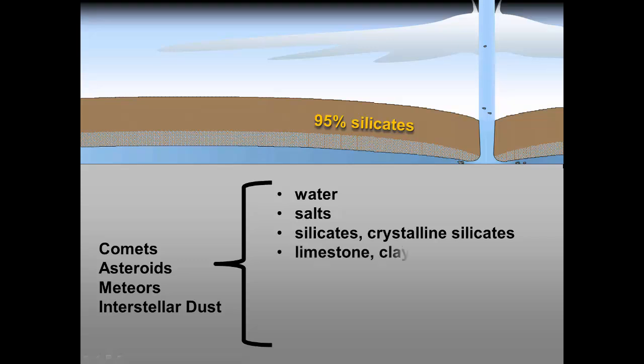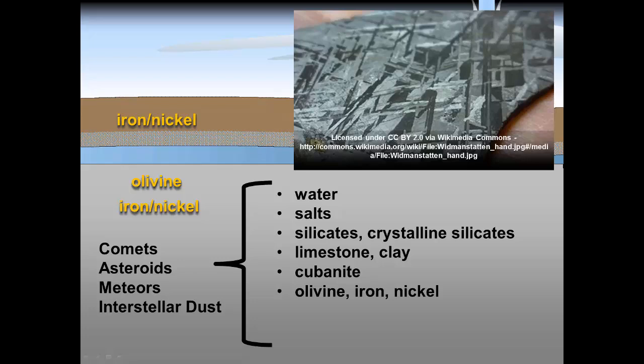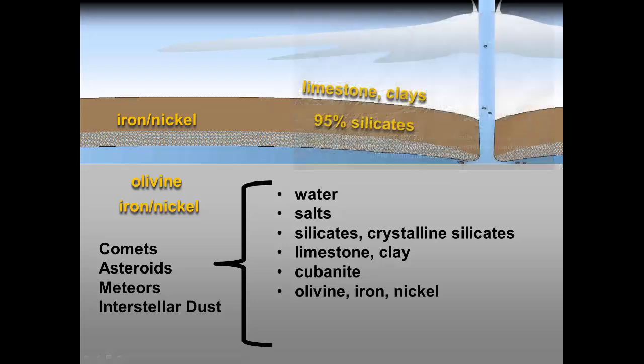Limestone and clays are found which require a body of liquid water to form. In 2011, the mineral cubanite was reported in Comet Wild 2. Cubanite only forms in scalding hot water between 122 and 392 degrees Fahrenheit, but comets do not reach these temperatures even at their cores. Comets, asteroids, and meteors contain olivine, which is a common mineral of Earth's crust and mantle. Olivine is also concentrated with iron nickel in some meteors. Iron nickel alloys found in meteors contain the unique Widmanstätten pattern, which again means the material formed under uniform temperatures of at least 1300 degrees Fahrenheit. The conditions in the Great Deep easily explain these surprising findings.